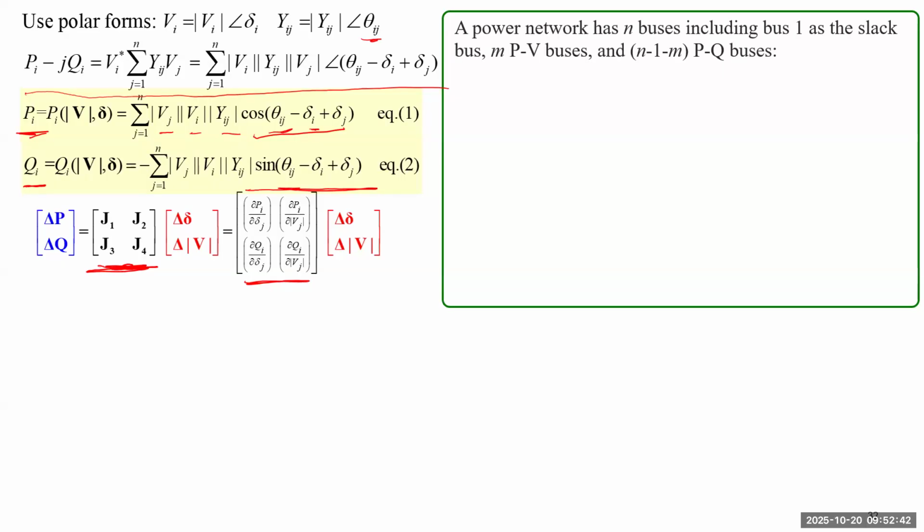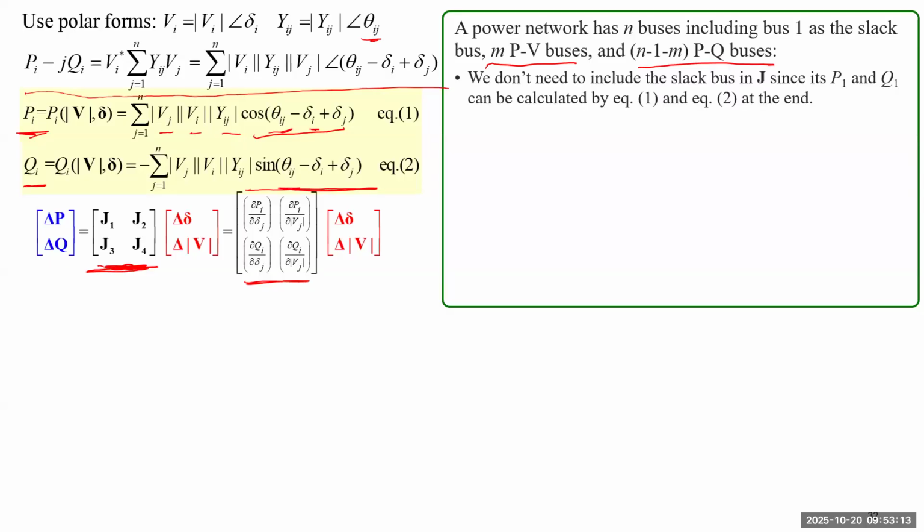Let's assume we have a power network which has n buses, including bus 1 as a slab bus. I'll always number the slab bus as bus 1 here. And we have m PV buses, which means it could be generators, for instance. And the rest of the buses will be PQ buses, so it will be n minus 1 minus m. To form the Jacobian matrix,